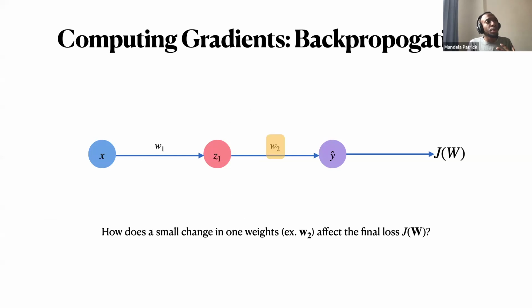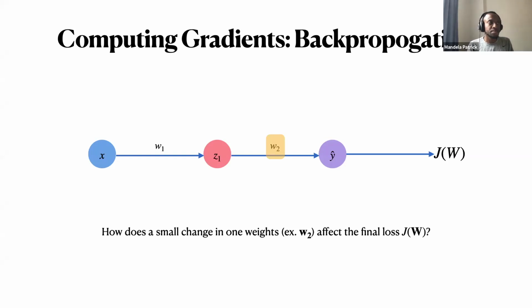We do what we call backpropagation, which, for people more familiar with calculus, is essentially an application of the chain rule. Essentially you want to find how much each weight affects your final loss.